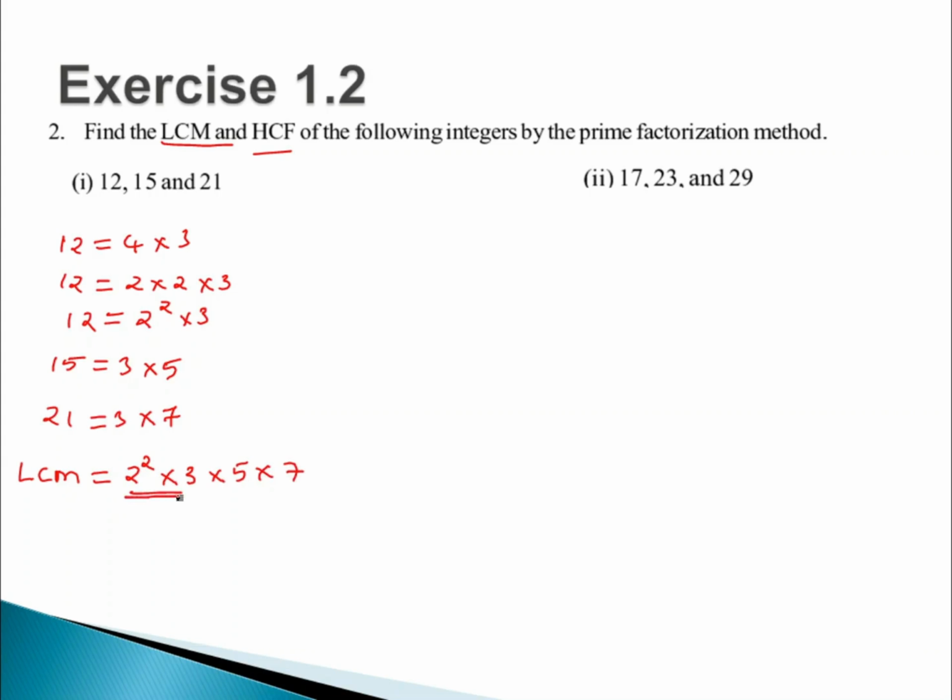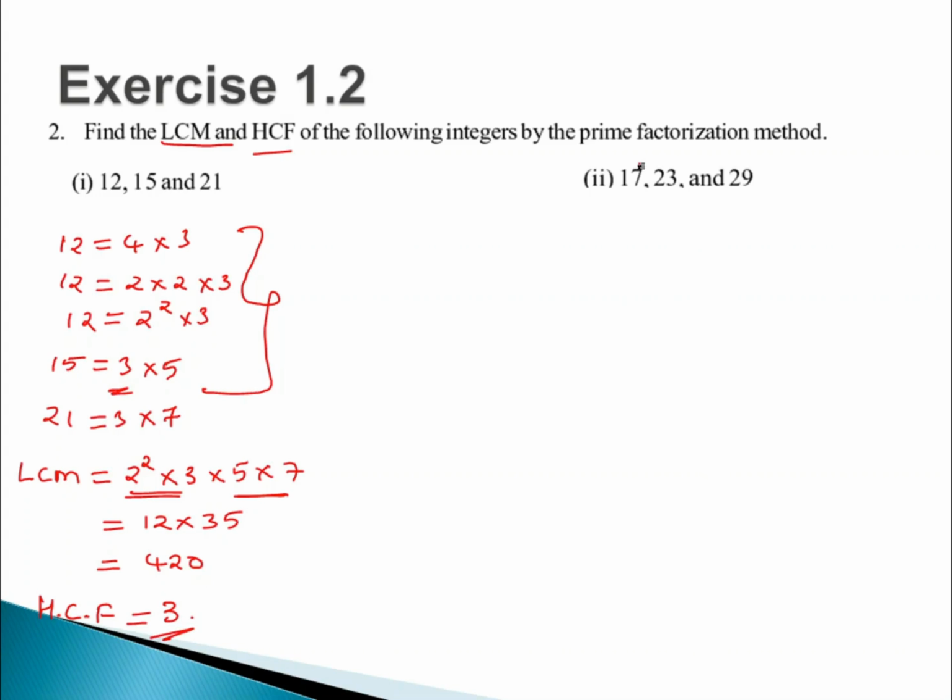Now if you look at it, this one here, this is your 12 into 35, isn't it? Now when I'm multiplying these two, you'll be getting this number. Am I clear? So what's your HCF? HCF is your highest common factor. Now, what is the number which is common in everything? If you look at it, 3 is common in everything, right? And it's repeating as well, right? Good. So let's look at the next sum.